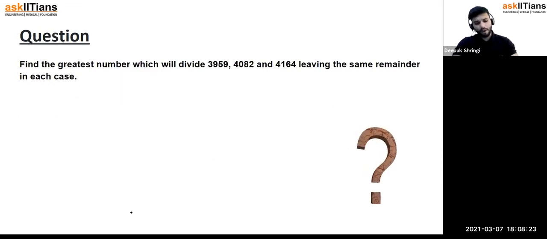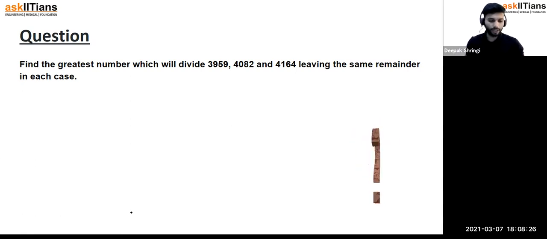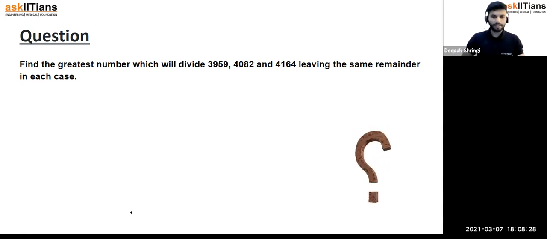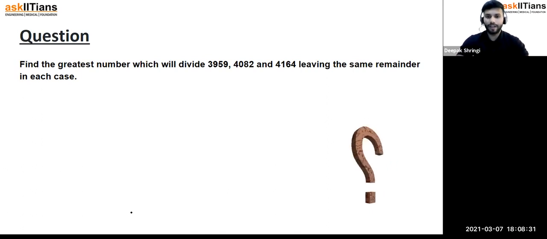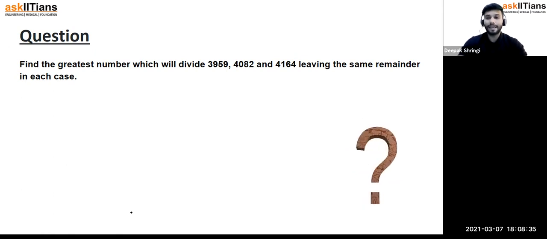Find the greatest number which will divide 3959, 4082 and 4164, leaving the same remainder in each case. Think about it. सोचिए, ऐसा क्वेश्चन मैंने पहले भी करवाया हुआ है फॉर श्योर, if you remember guys. हाँ बिल्कुल पहले करवाया हुआ है मैंने, याद करो।